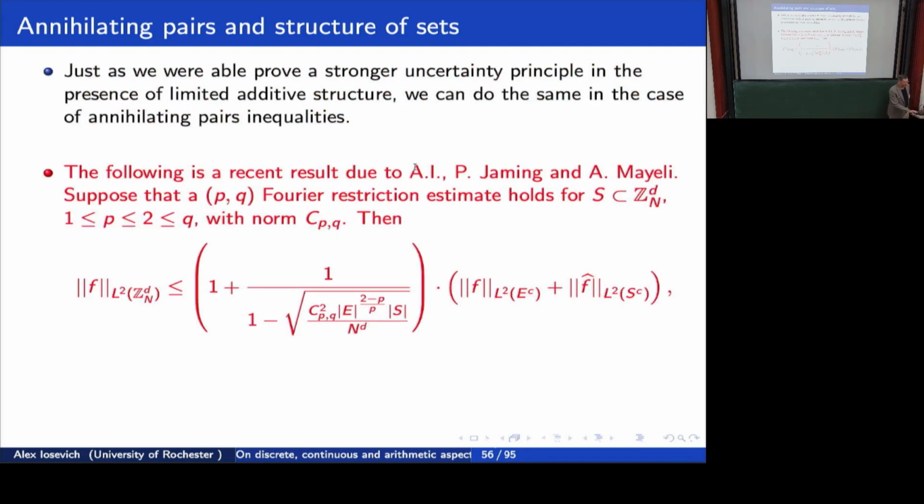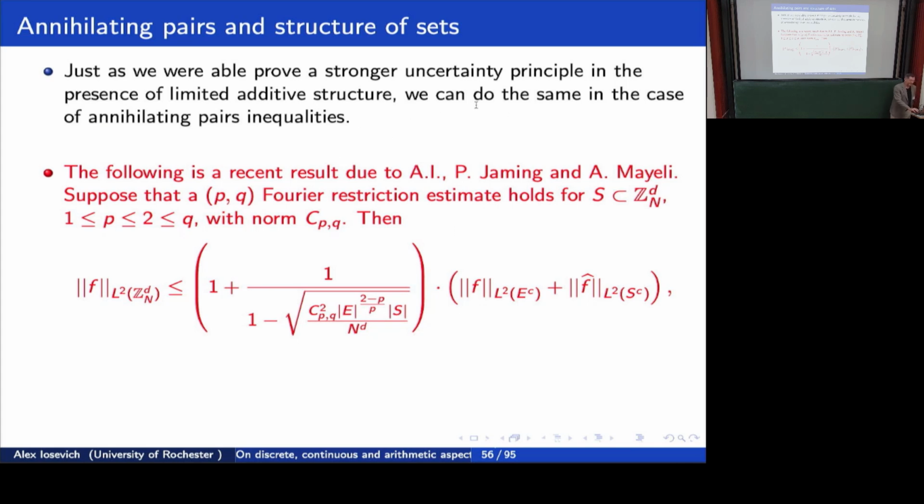So this is a recent result, which is joint work with Philippe Gemung and Azita Mayeli. We did a lot of work at the Cambridge Institute, but the memory that I will carry with me forever is I asked Philippe Gemung, who is French, what he wants for dinner, and he says that he doesn't want to eat in England, he will eat when he gets back home. That was cute.